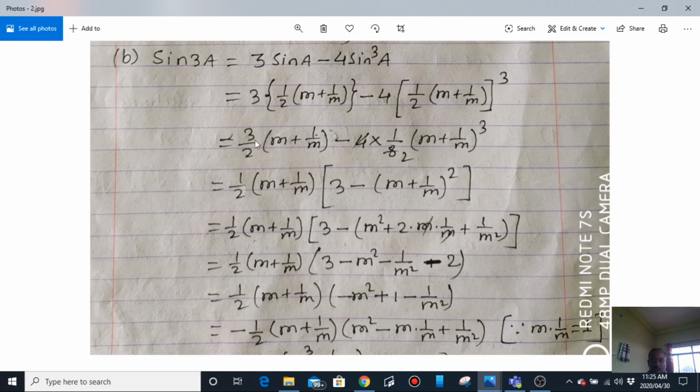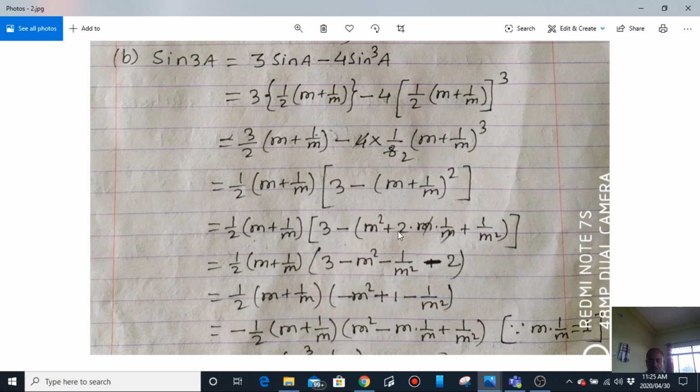Now in this part and this part, here you have 3 by 2, here 1 by 2. So 1 by 2 can be taken common, and m plus 1 by m is also common. 1 by 2 m plus 1 by m. From here, from 3 by 2, 1 by 2 out, so 3 is left. From here 1 by 2 and m plus 1 by m is out, so m plus 1 by m whole square is left. So go to next step, 1 by 2 m plus 1 by m, 3, and expand this